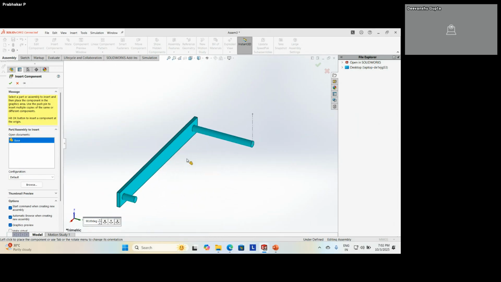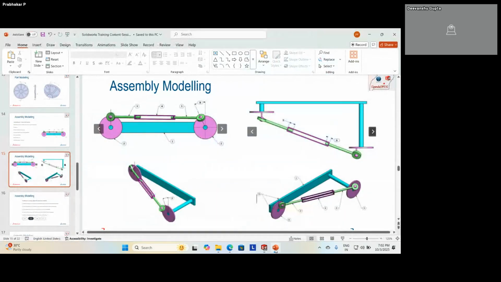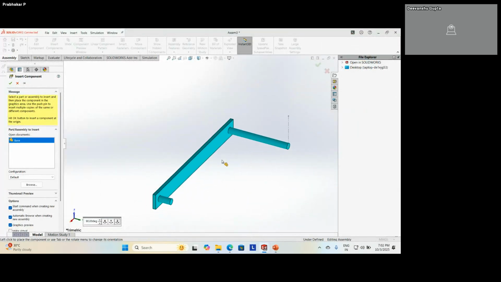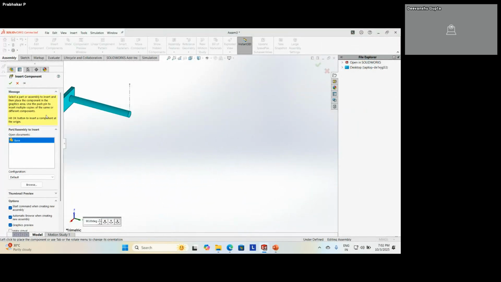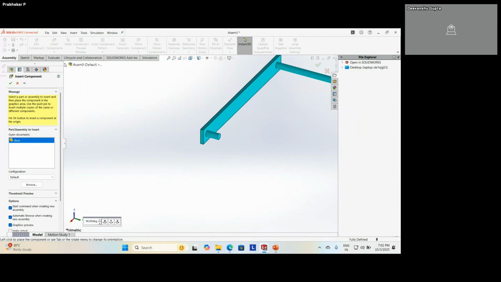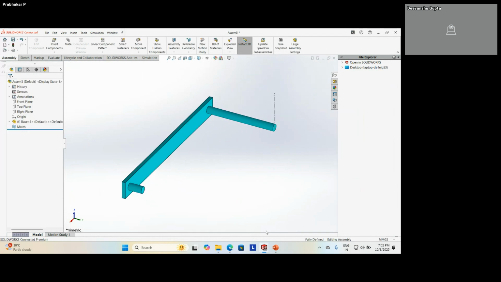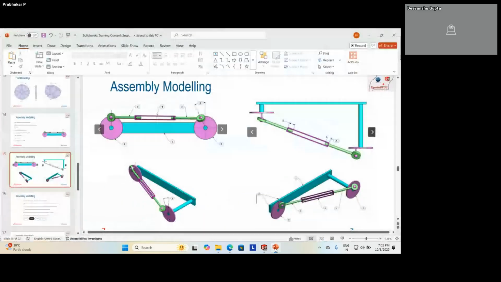Around the Z. Okay, I consider this isometric view. Orientation I match. Now I can randomly click, because I don't want to go here and make it origin, select here, but still this is the best practice I told. But for this question, I can randomly click also, but you better follow the best practices itself.